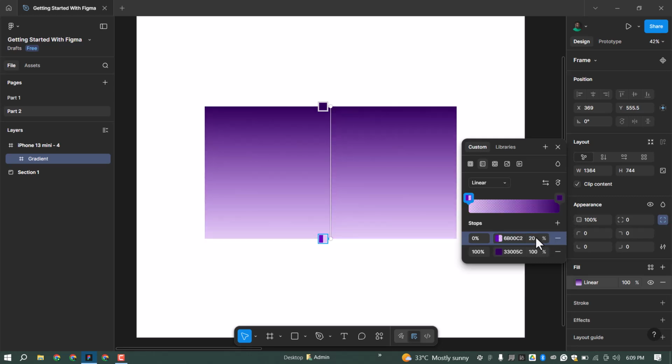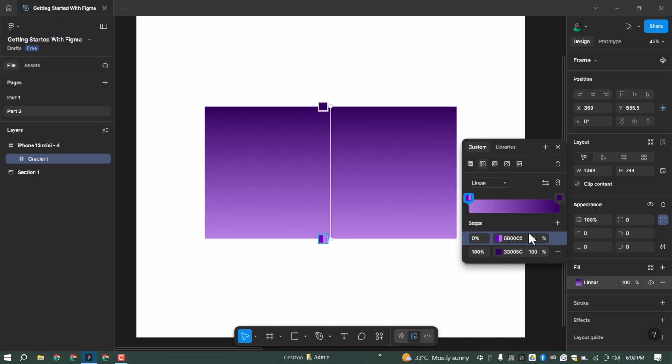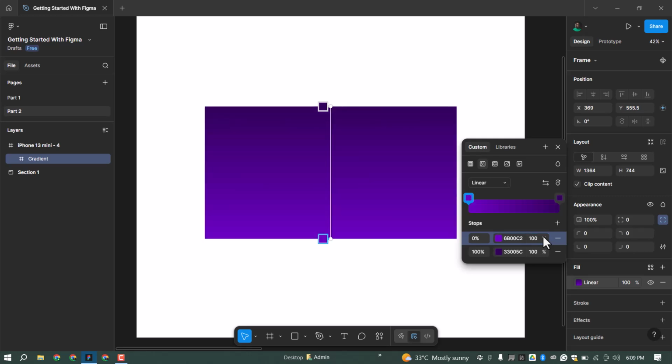I can just reduce the opacity as much as I feel like. But the difference here is that the solidness of the color is now going transparent if you are controlling the opacity from here. But in a situation whereby you are not interested in controlling the opacity, but you want the light color to be lighter than it is,